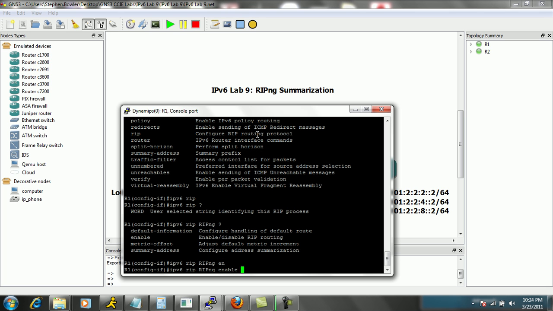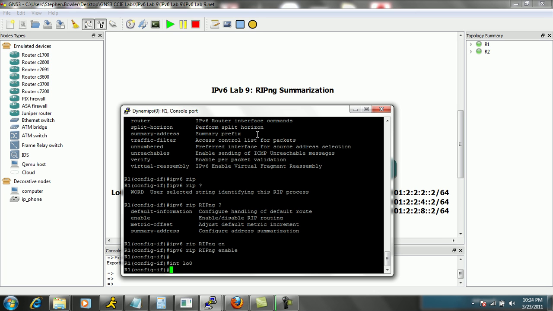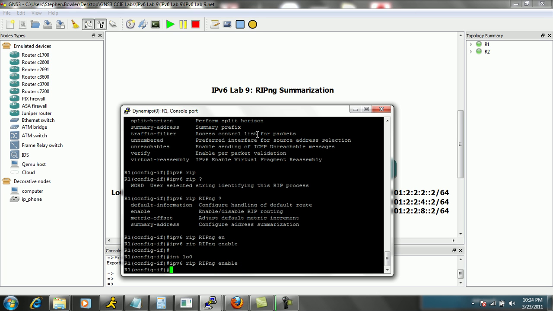and then we'll just follow it up with the enable statement, which is going to enable RIP routing on this interface. Again, we're going to be advertising loopback 0 into RIPng as well, so we'll go under interface loopback 0, we'll hit the up arrow twice, and then we're going to advertise that interface